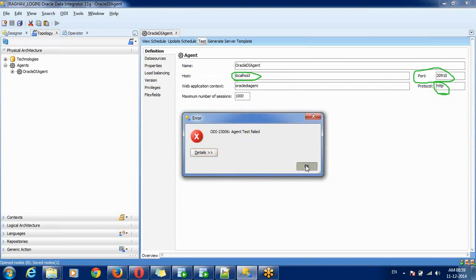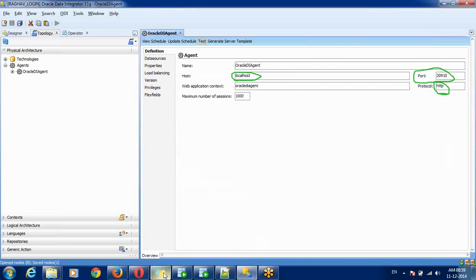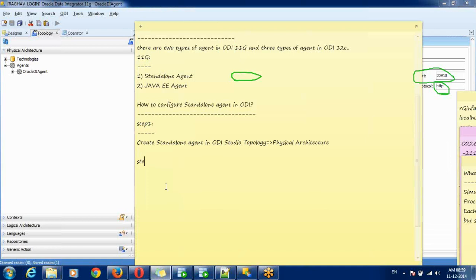Okay. Then step 2: applying changes in the odiparams.bat file in Windows, or the odiparams.sh file in Unix or Linux.